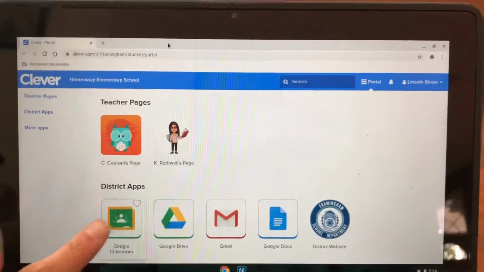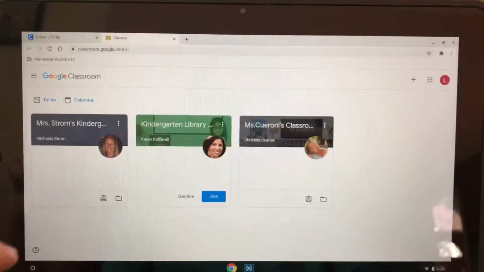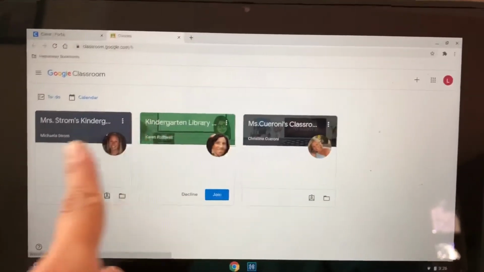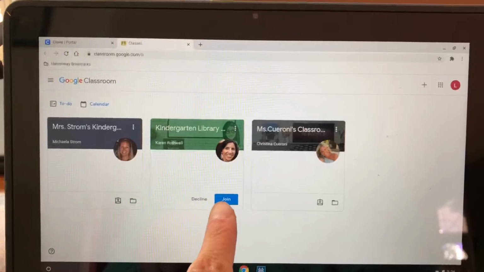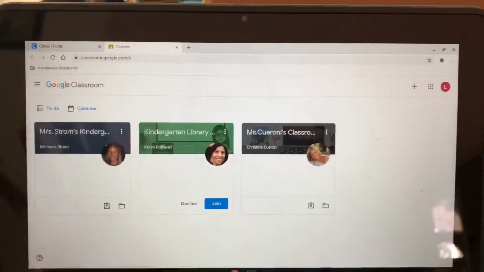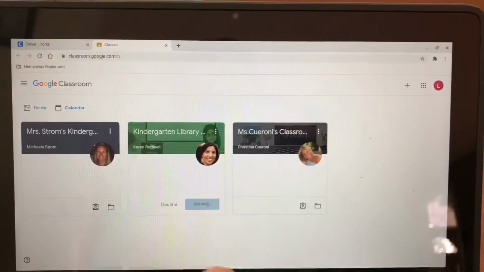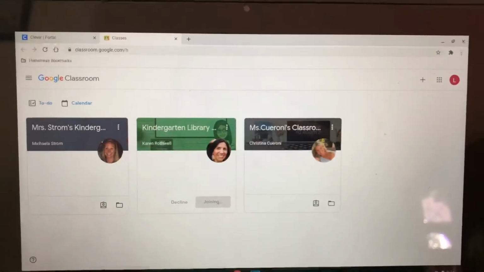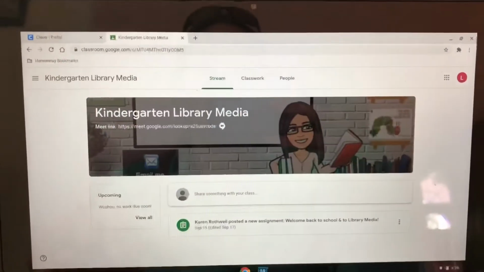So if the kids can log into Google Classroom by touching and opening that, they're going to start to notice that more teachers are going to be asking them to join their classroom. They should join them. Those are the specialists. We're not going to start that yet, but they can do that just by clicking join. Okay? But one thing that I wanted you and your child to pay attention to is the